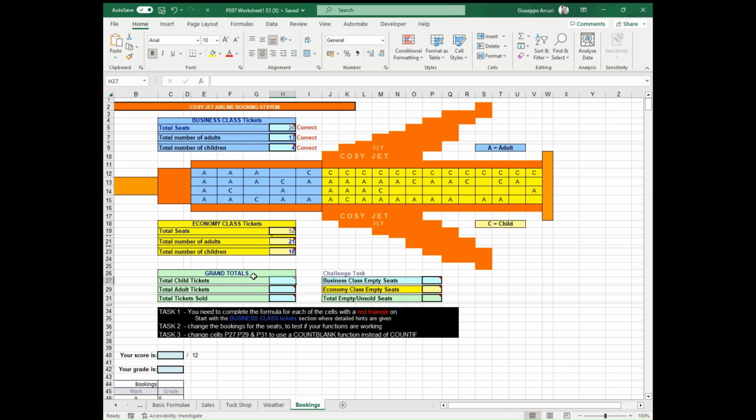So now we need to do the top one, so total children tickets. We could just add up using a normal formula and add up this one plus this one. So it will equal this one plus this one. Otherwise, we can use again the countif formula. So we're gonna check in all the plane. So equal count if, open brackets,